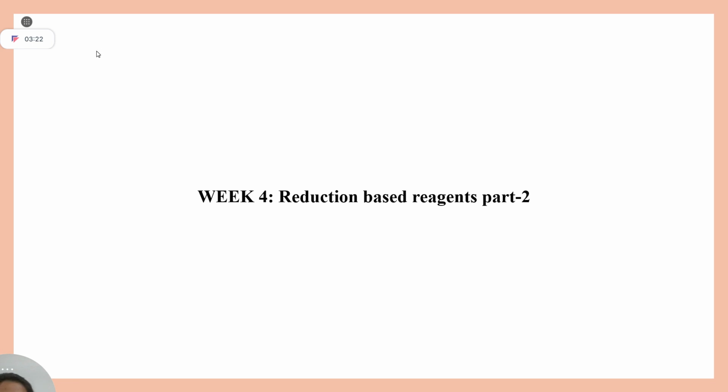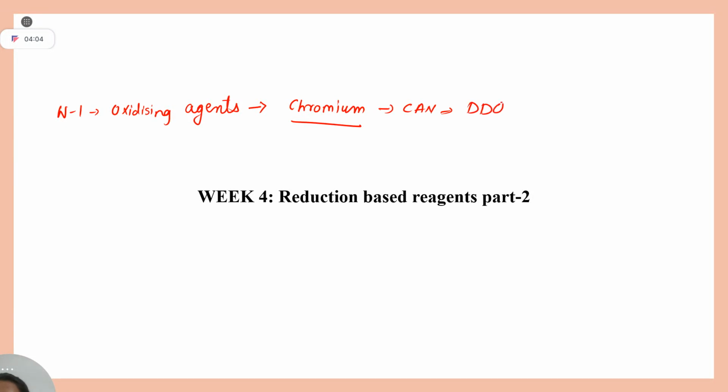So, students, if you recall, in week 1, we have covered oxidizing agents, right? Whenever you watch my video, just revise with this. In week 1, we have covered oxidizing agents based on chromium: PCC, PDC, PDC in DMF behaves the other way, PDC in DCM changes alcohol to aldehyde only, Babler's oxidation. We have covered chromium, followed by CAN oxidation, followed by DDQ, which usually takes hydride,